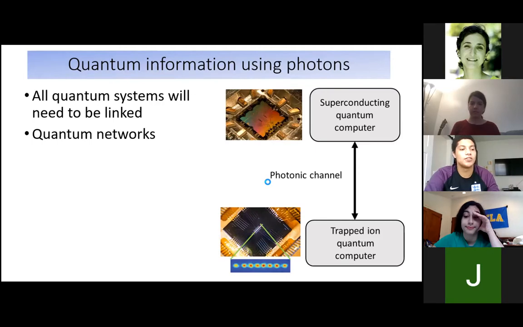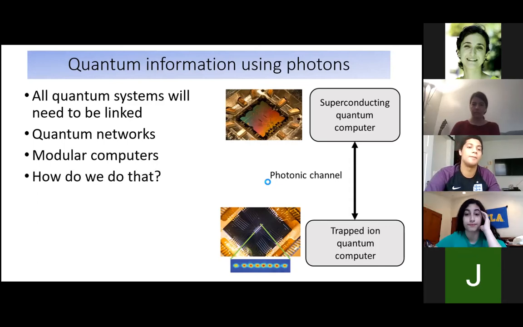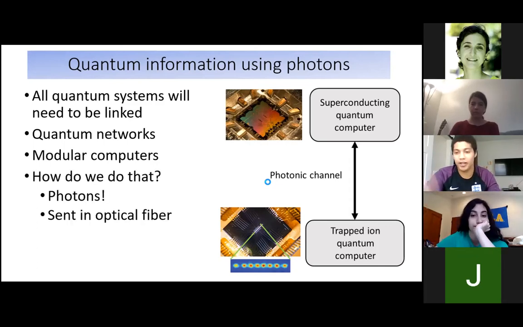There's also this idea that building a large-scale quantum computer might be very hard. So why not build a modular computer? I build a lot of really tiny quantum computers and link them together to build one larger quantum computer. And how are you going to do that? You're going to have to link them photonically. And how are we going to do that? I mean, photons. You're going to send your quantum information encoded in photons, and you can send them in